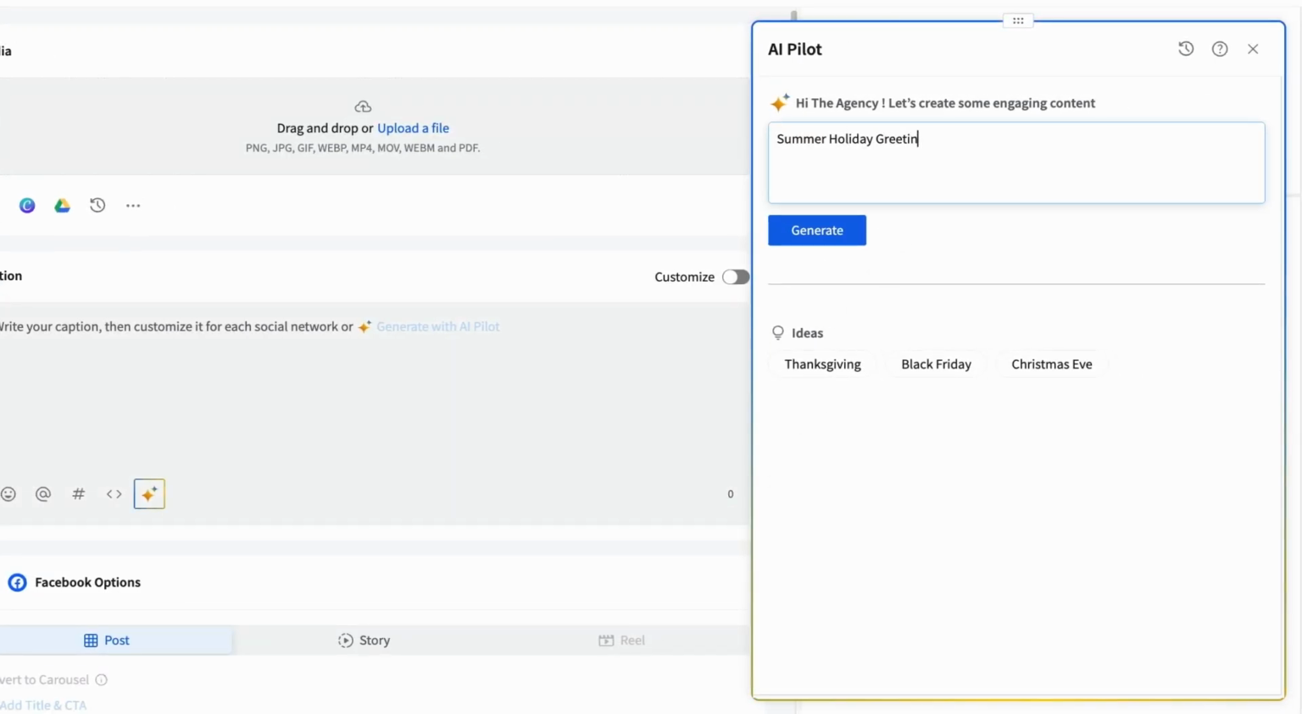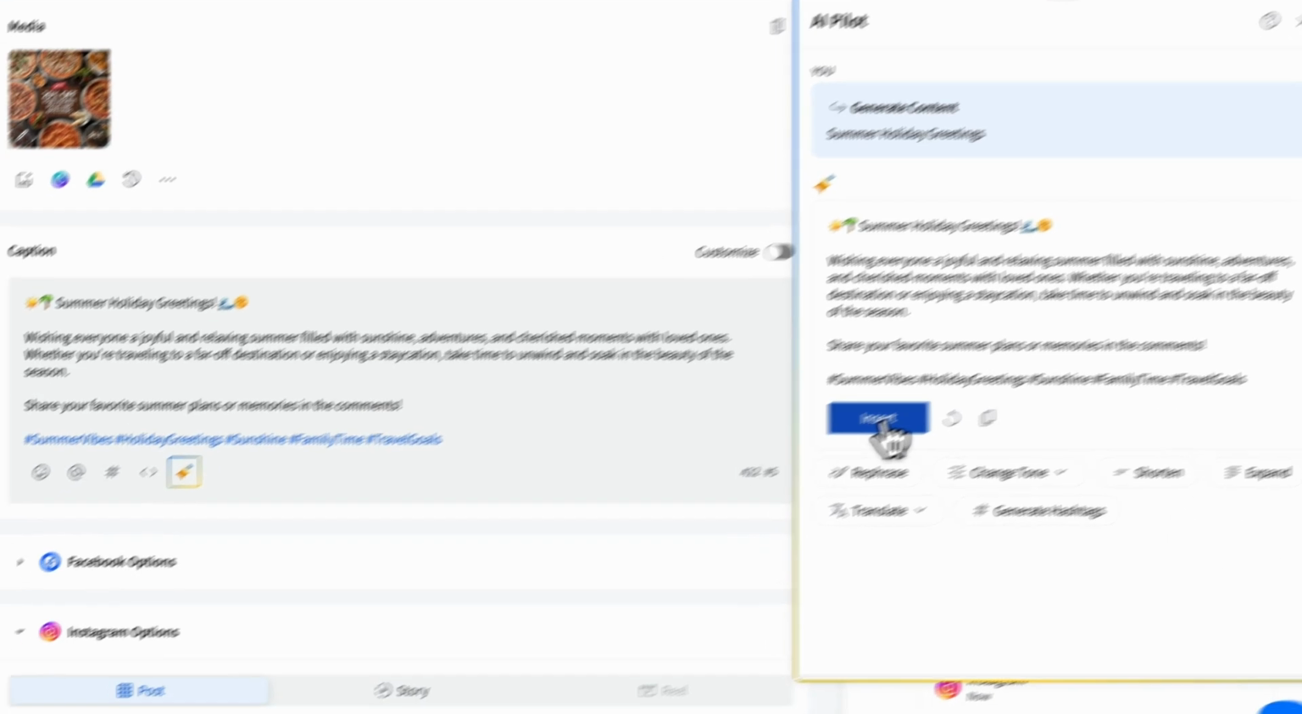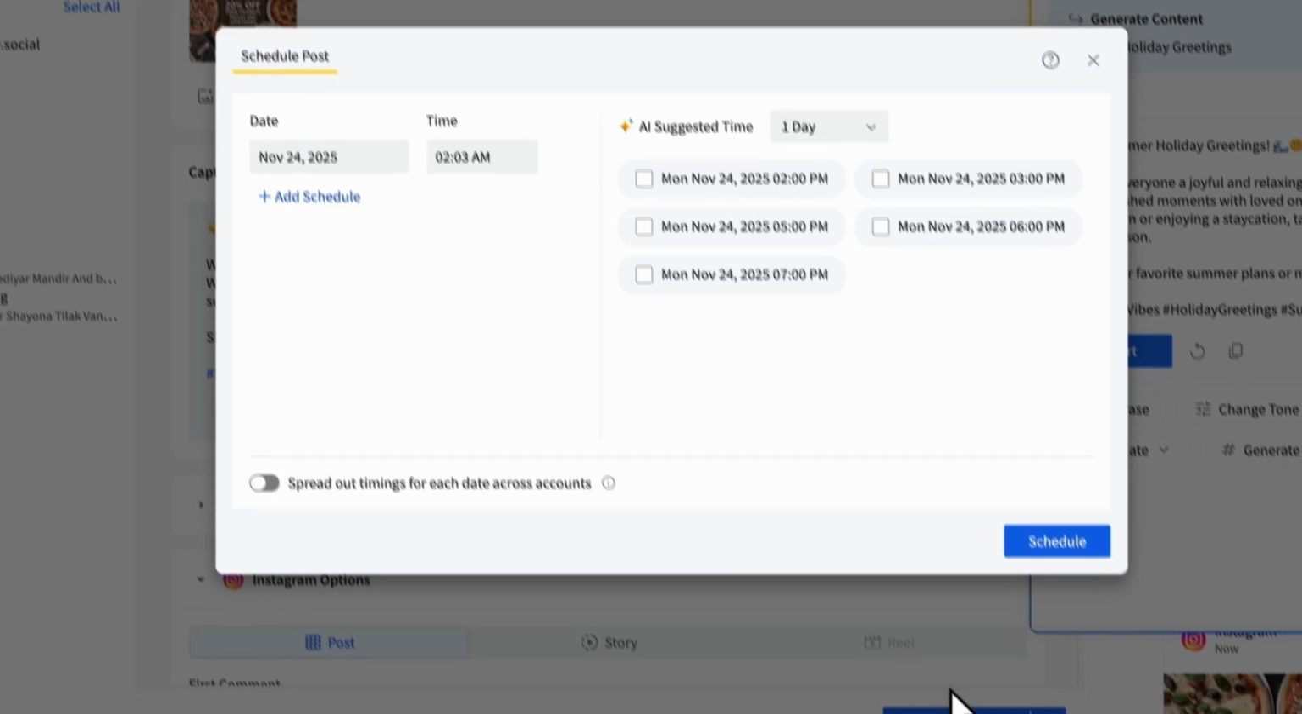Overall, SocialPilot helps streamline social media management, stay organized with its powerful calendar feature, and grow your online presence with